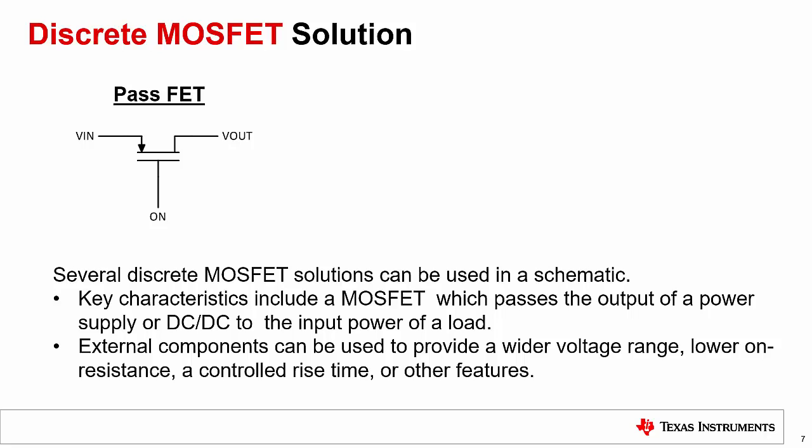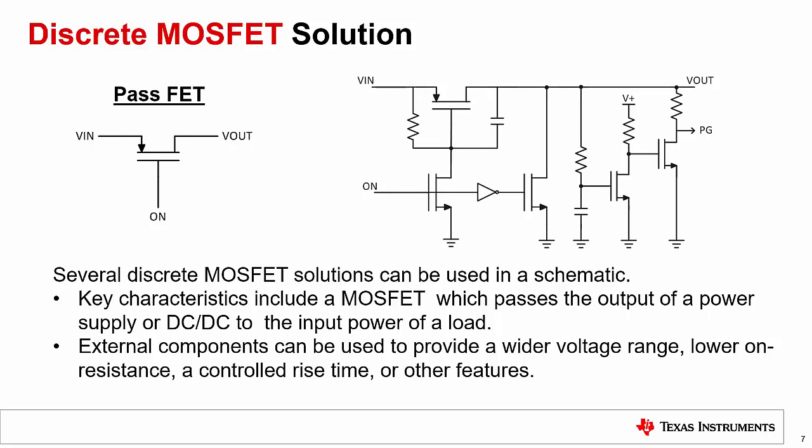One way to implement power switching is by using a discrete solution. These solutions use a MOSFET to switch power onto and off of a load. Many times there are several discrete components which are put around the MOSFET to help control the switching or add additional features. To find one of these solutions in a schematic, it is recommended to search for a FET which is drawn horizontally. Many times, these MOSFETs are used for a power switching application in the system.